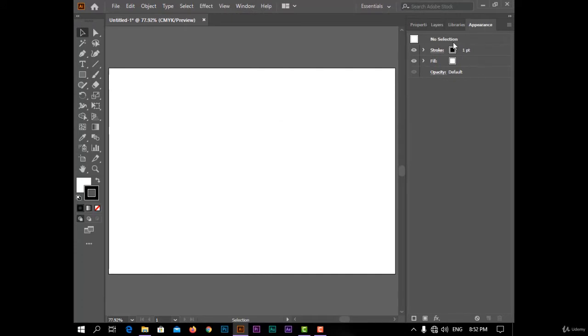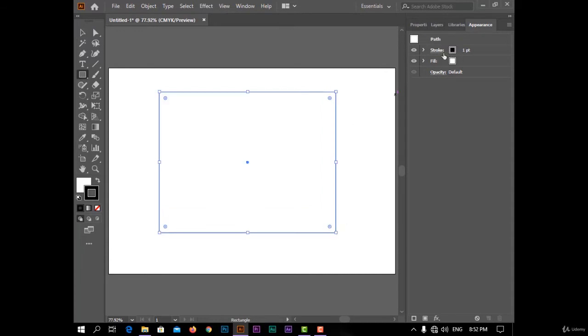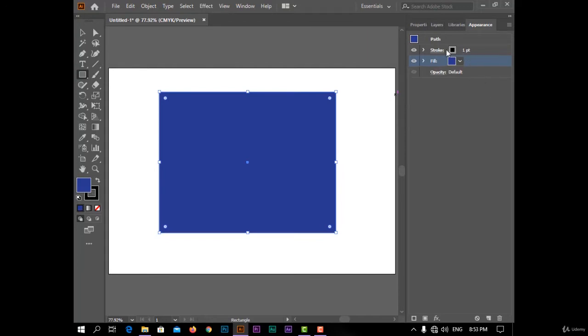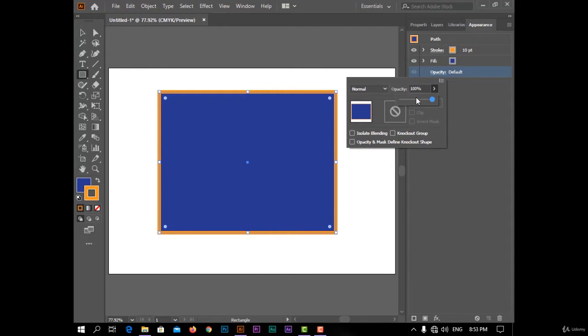From this window I can change the appearance of any shape or text. For example, I will make a rectangle like this. And from here I can change the fill like this and change the color of stroke and increase or decrease the size of stroke like this. And also I can change the opacity